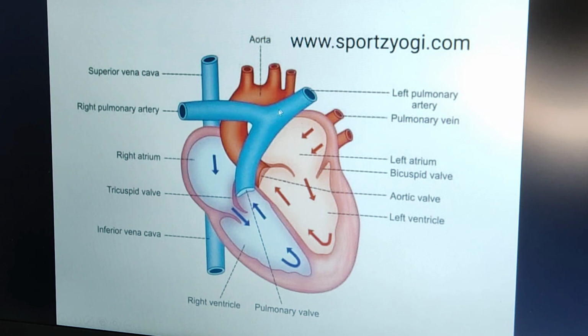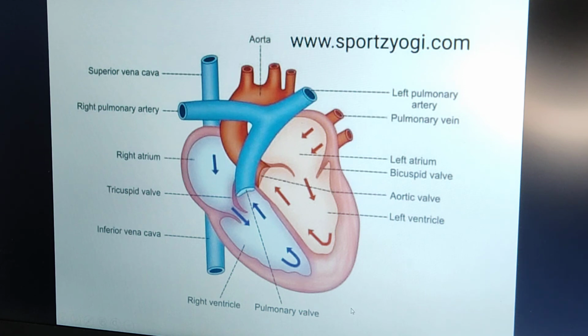With the help of pulmonary valve opening, this deoxygenated blood enters the pulmonary artery and goes into the lungs. After purification in the lungs, our oxygenated blood enters the left atrium. From the left atrium, it enters the left ventricle with the opening of the bicuspid valve. Now from the left ventricle, this oxygenated blood enters the aorta with the opening of the aortic valve. With the help of the aorta, this highly oxygenated blood reaches our upper and lower body parts. This is the simple and very easy circulation in the normal adult.